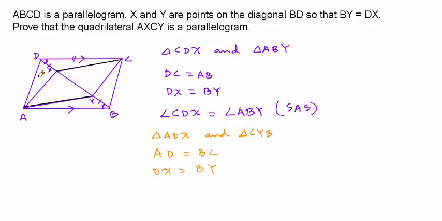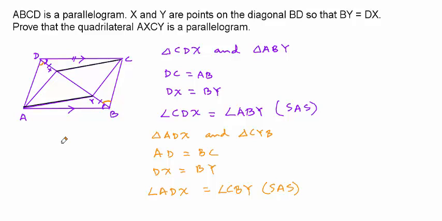And finally, this angle out here, angle ADX, is the same measure, for the same reason, alternate interior angles, as angle CBY, and hence this triangle is congruent to this triangle by the same condition SAS,